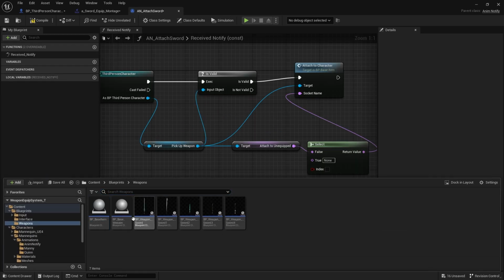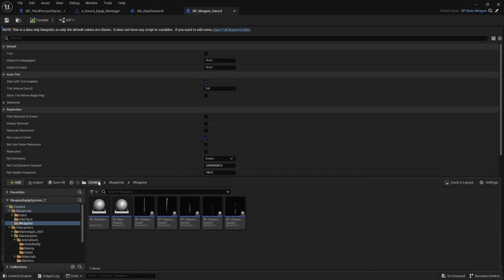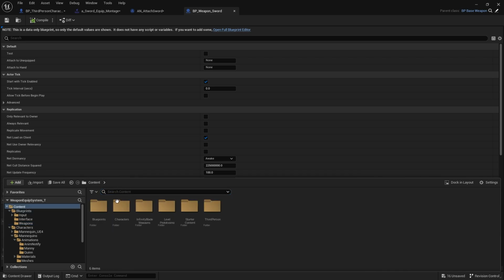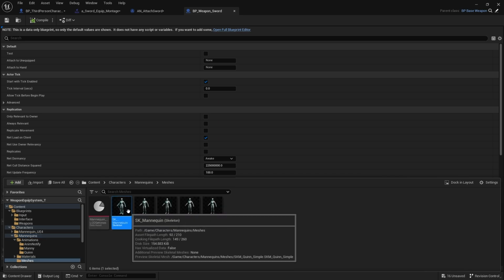And within our sword weapon right here, the BP sword weapon, you can see that we have attached to unequip here and then attached to hand here. Right now we don't have any sockets in here, so we'll need to add in the sockets. So if we go back into our character mannequin and then mesh, going back to our skeleton over here,